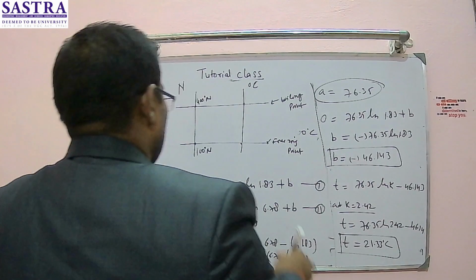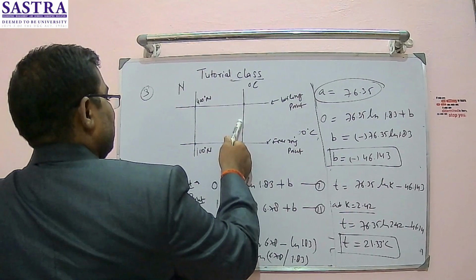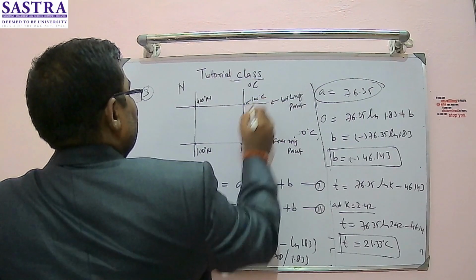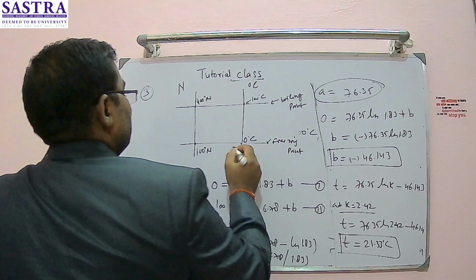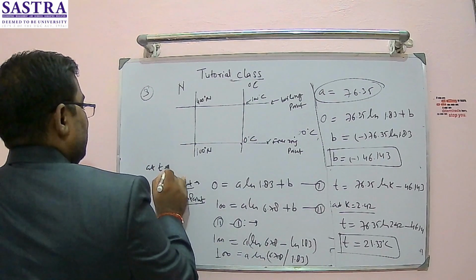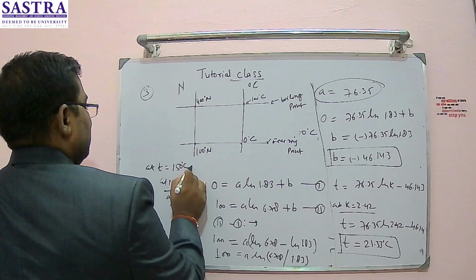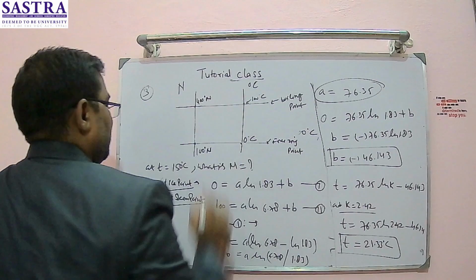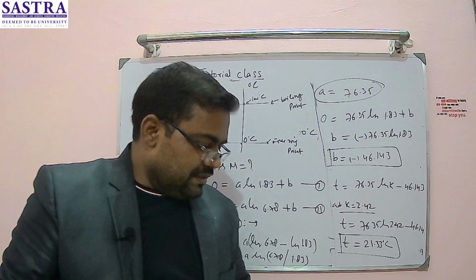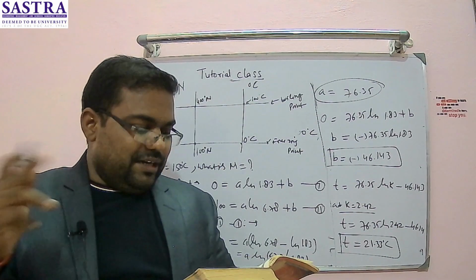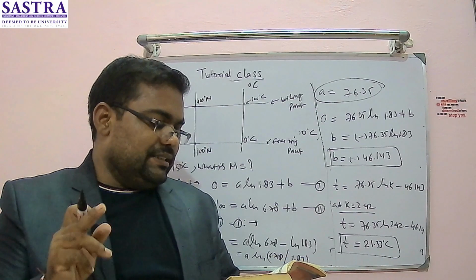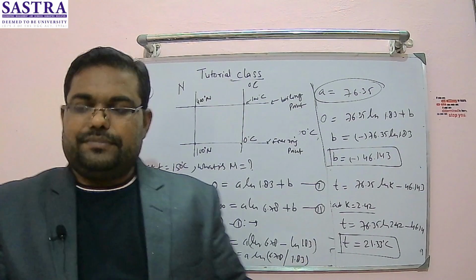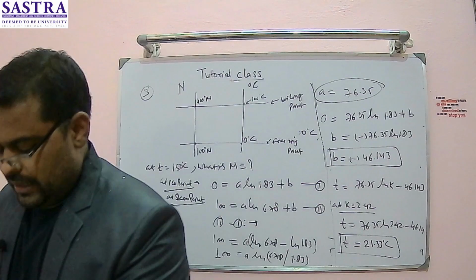So it is asking when there is 150 degrees Celsius, somewhere. In this case it is 100 degree Celsius, and this is 0 degree Celsius. So it's asking at T is equal to 150 degrees C, what is N? That's the one part. Second part, at what temperature both the Celsius and the new temperature scale readings would be the same? Again, shall I repeat?